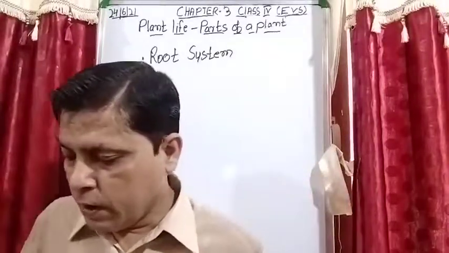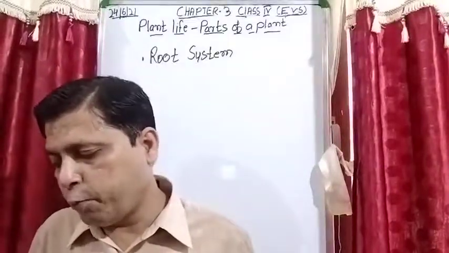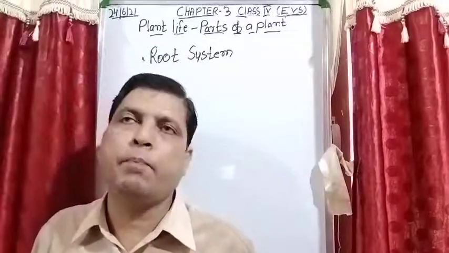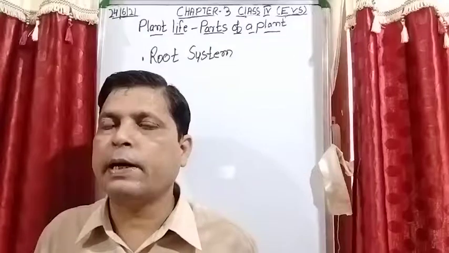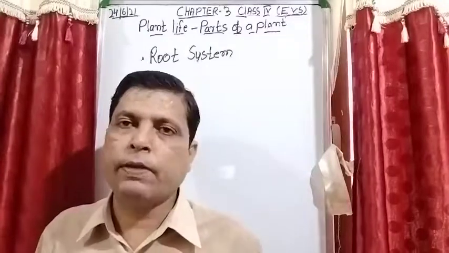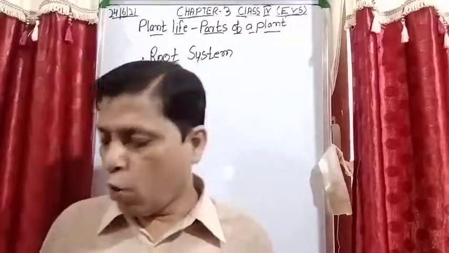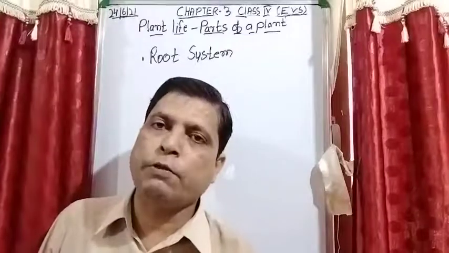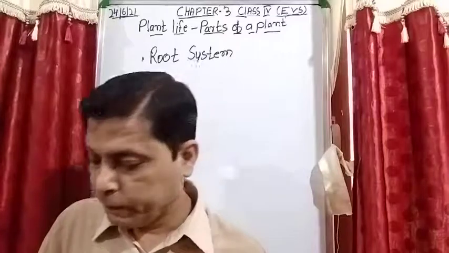Is it clear? Stem bears leaf, flowers and fruit and carries water and mineral from root to other parts of the plant. Yes, this is also true because the root absorbs water and mineral and passes them to the stem, and then the stem distributes that water and mineral to all parts of the plant, and even carries them to the leaves also, which is used at the time of preparing the food.